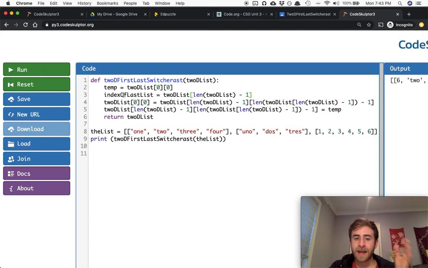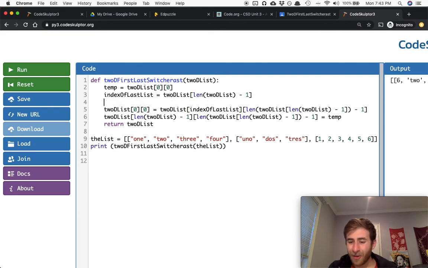So index of last list is now just going to be that. So instead of saying 2D list at that, I can just say index of last list. And now, if I want the index of last item, I can say the 2D list at the index of last list, and then at,